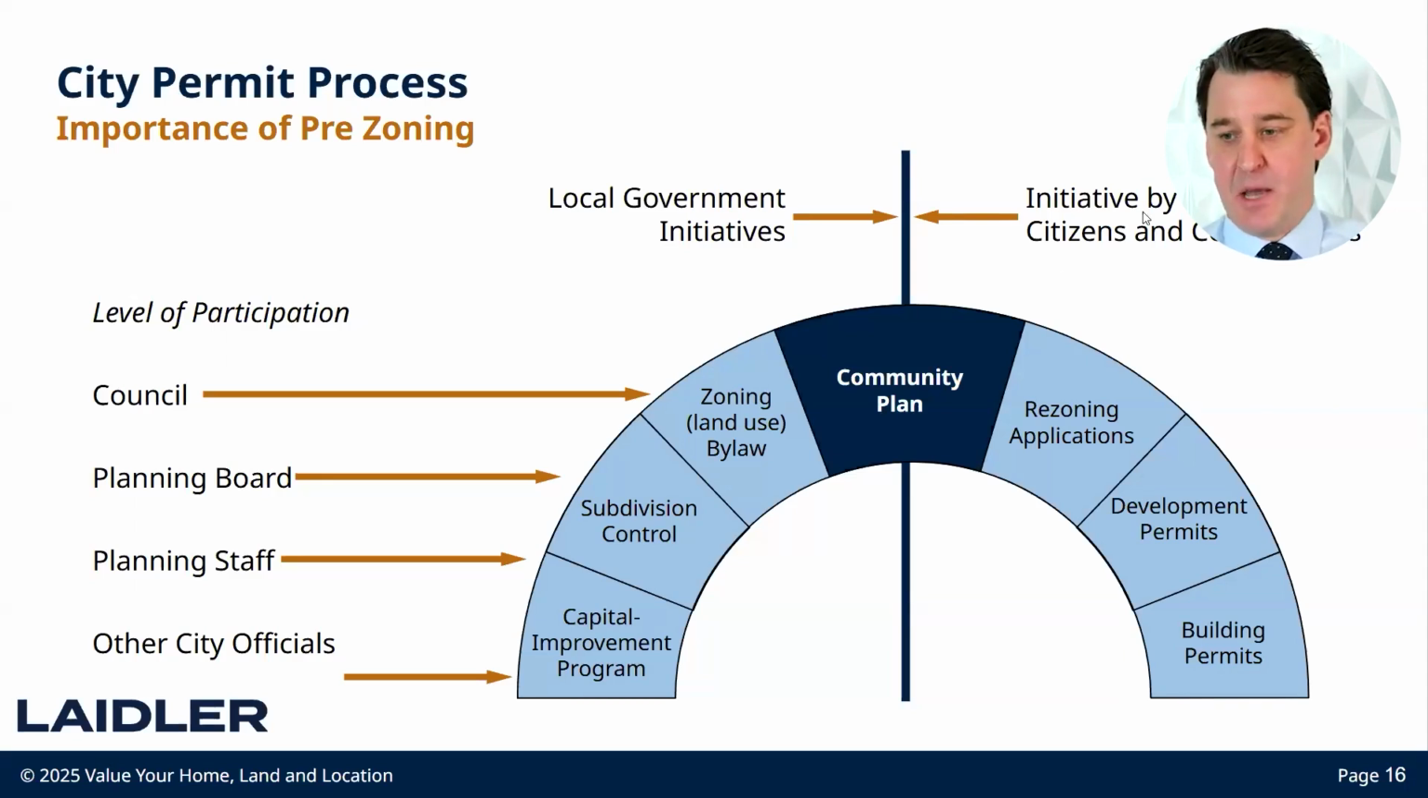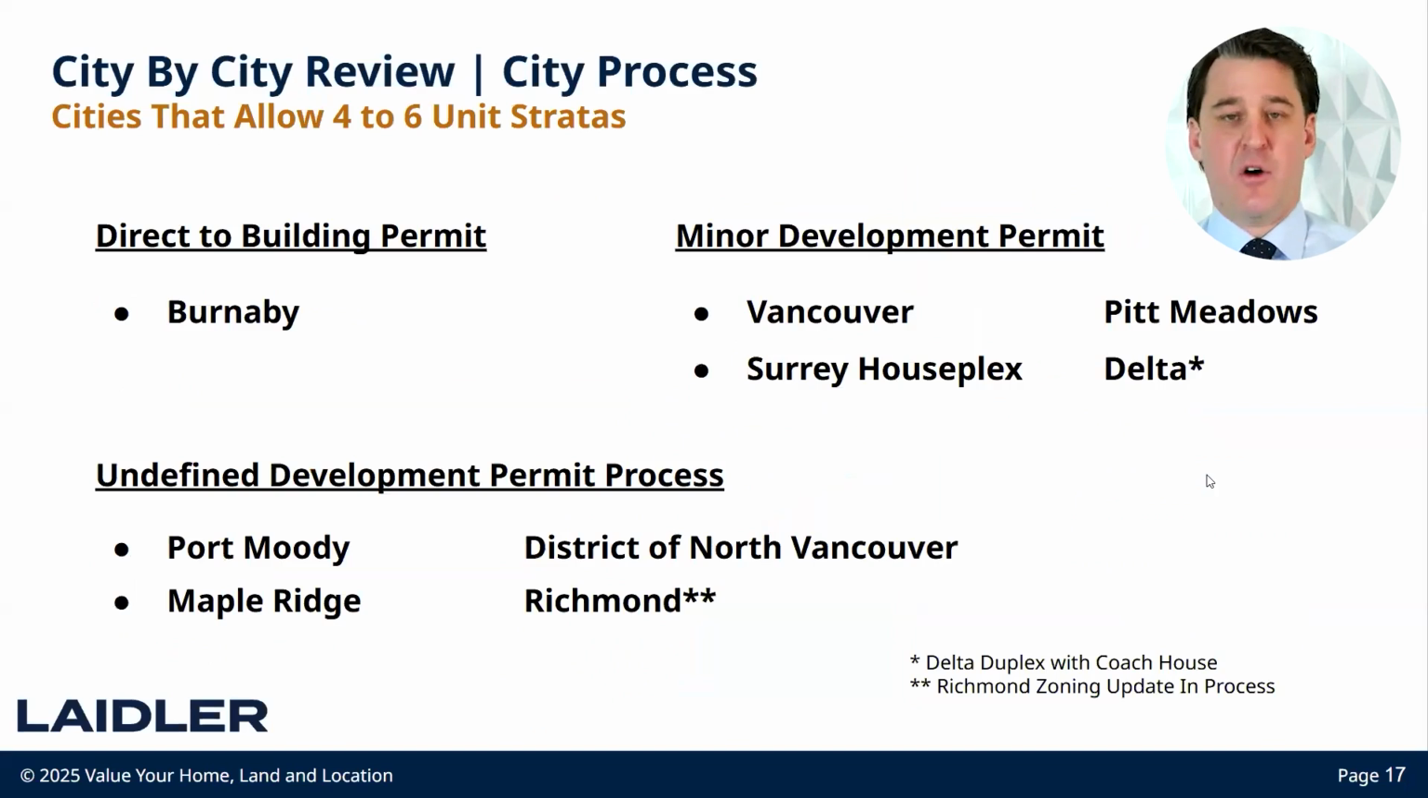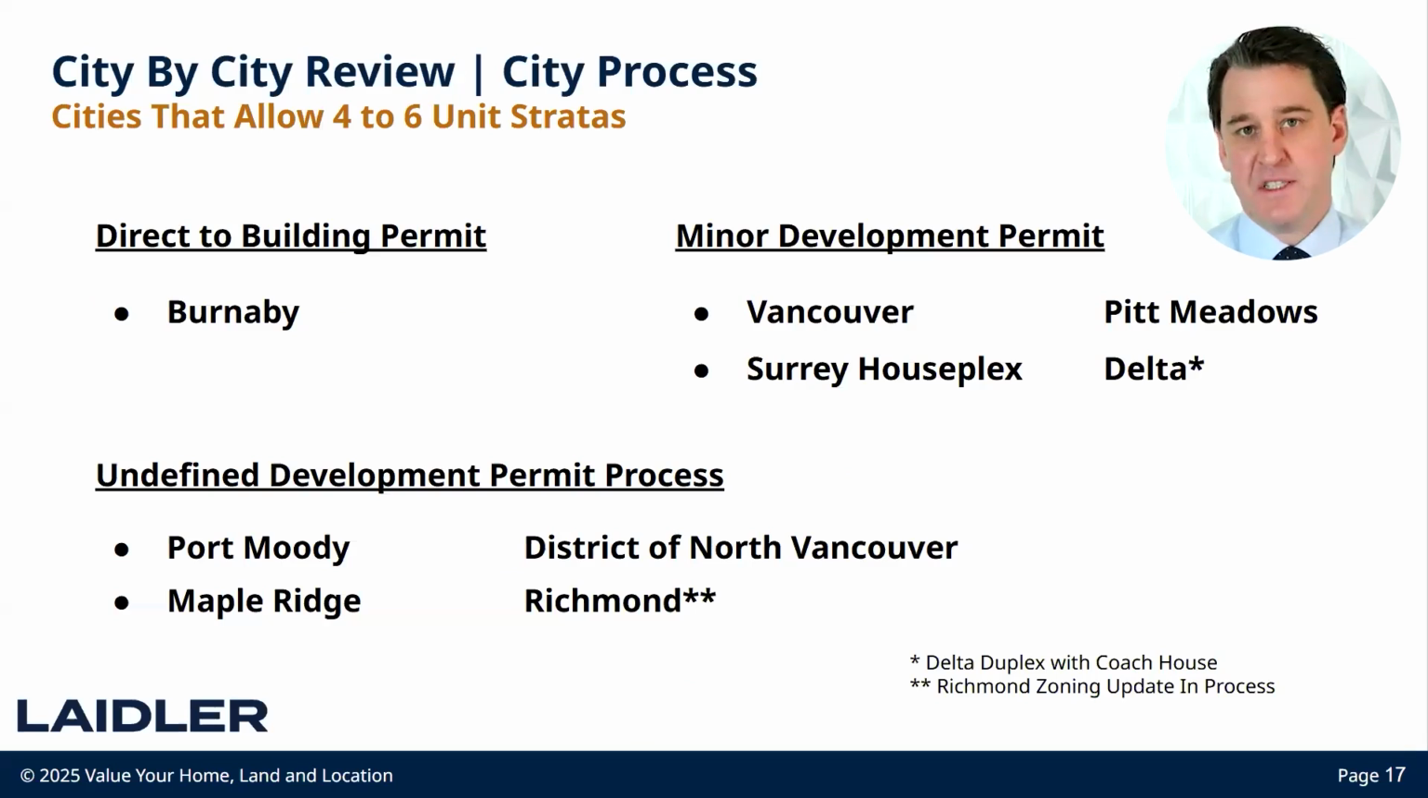Every city except for Burnaby still requires a development permit process. Burnaby is the only city that allows you to go directly to building permit with your 4 to 6 unit development, similar to if you were building a single family home, completely bypassing the planning department. There are 4 cities that have minor development permit processes: Vancouver, Pitt Meadows, Surrey in their Houseplex zone, and Delta,